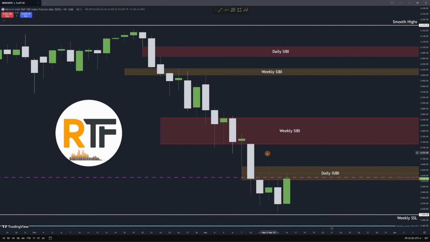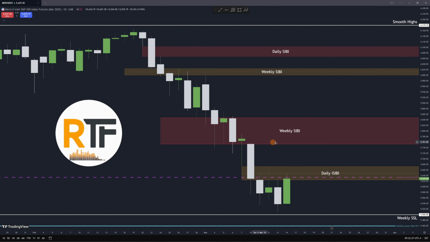Now, if I am going to be bullish, I'm also keeping an eye on this daily SIBI. Remember, there's a small volume imbalance, so I'm using this volume balance and including it in this fair value gap. But I'm looking at this to be a daily inversion fair value gap. So I want to see price trade above it, come down and use it as support to push price up